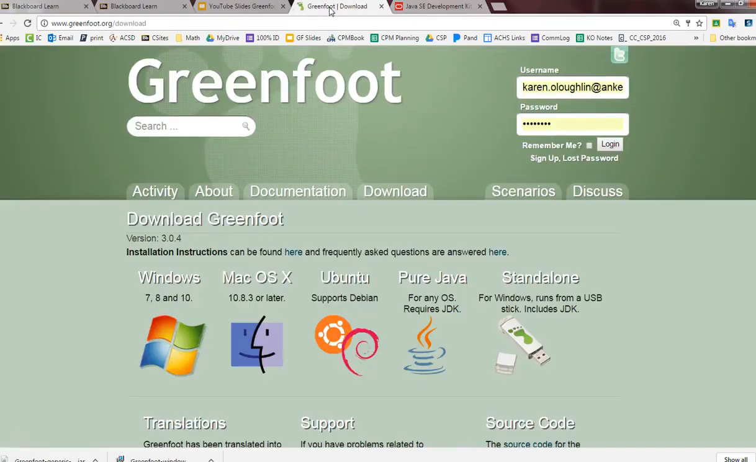So for the software, you're going to need to download whatever operating system you use, or if you want a standalone version for a flash drive, and you're going to need to make sure that the Java JDK is installed. Most of the installs will automatically prompt you for the Java JDK. So follow the instructions and you shouldn't have too many problems, but if you do, just let us